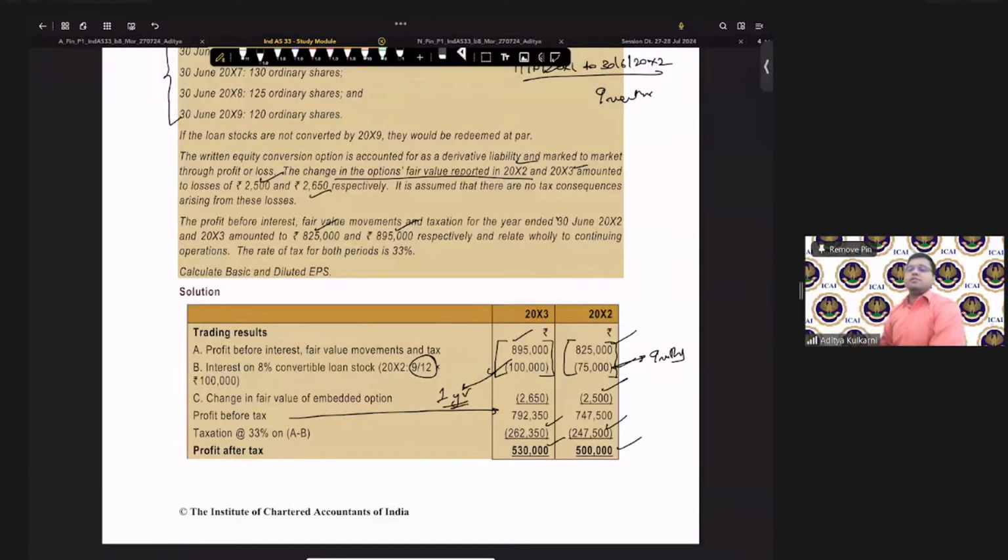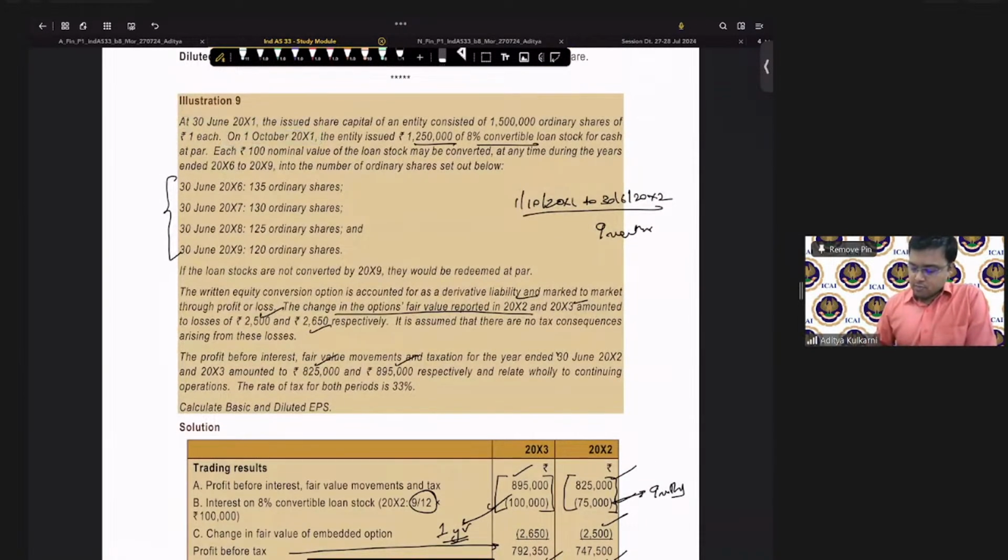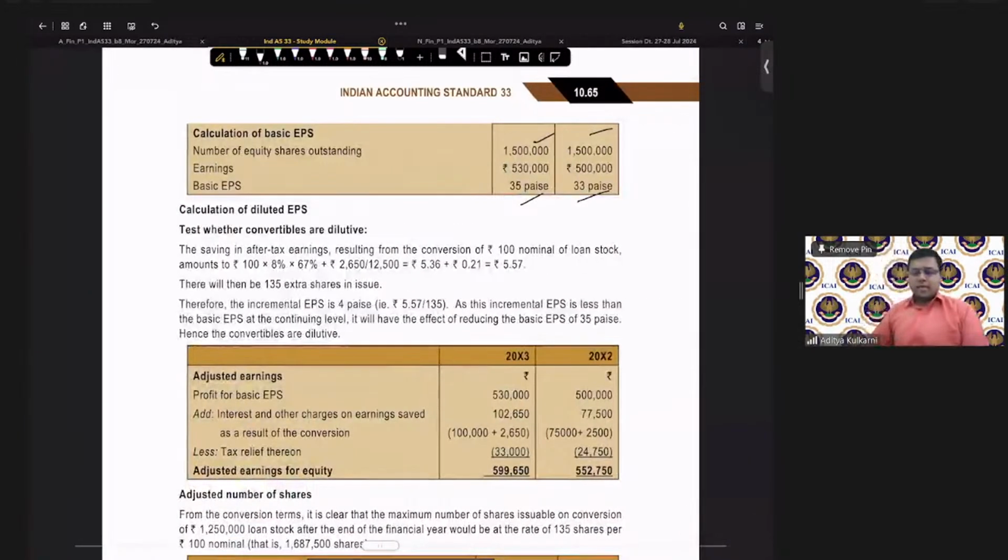Did you get it, Abrakesh? Yes. It is not March ending. It is June ending. It is not presumed, it is understood, because they have given data at 30th June. They have given during the years ended data at 30th June. So everything is given at the end of the reporting period, so that is what we have to take. For the year ended 30th June 20x2 and x3, that also is specified. So we have to do this. Okay. All right. Fine. Next one.